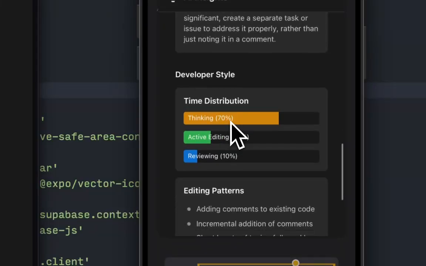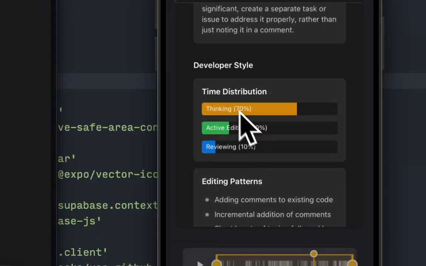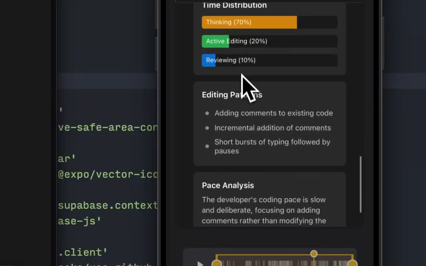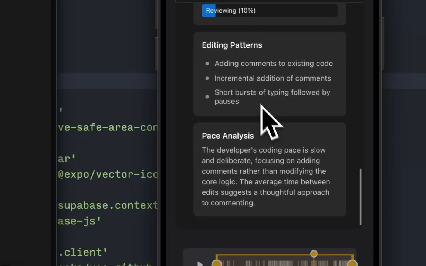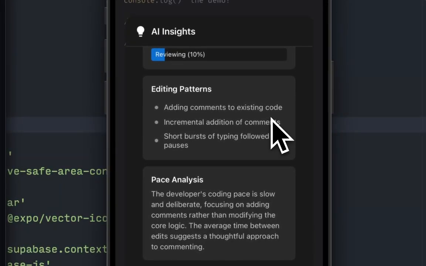And then it also breaks down the way that the developer is actually coding. So how much time are they thinking versus actively editing versus reviewing. And it really goes into a lot of depth here. So that's pretty cool. I don't have any other AI features so far,